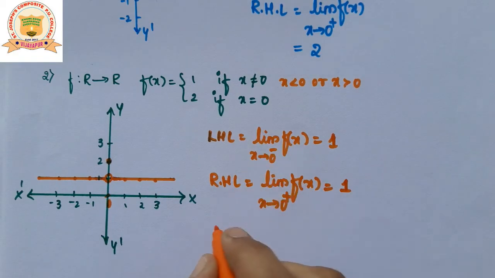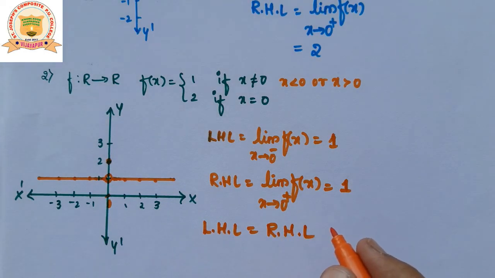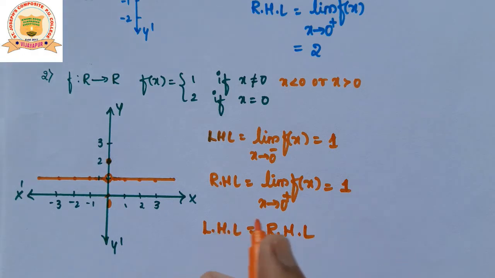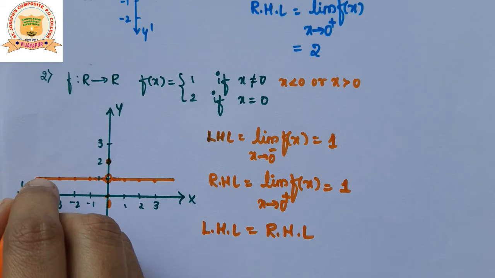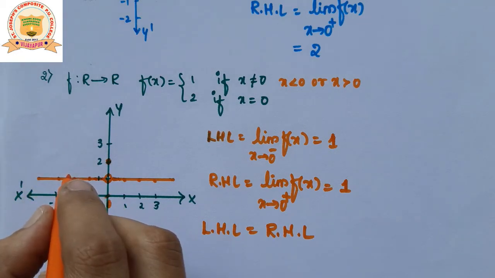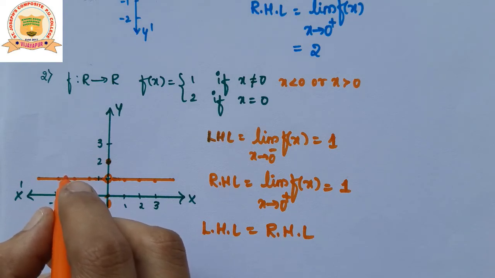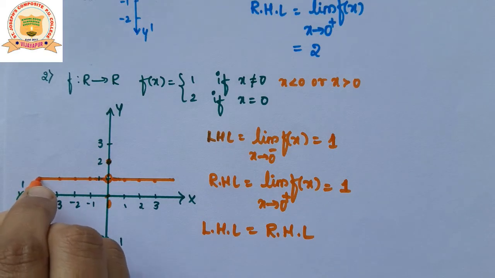If you see these values, we can get LHL is equal to RHL. But still the function is not continuous at x equal to 0. Why? Because if you draw the graph of this function without lifting hand, it is not possible. We note that we cannot draw the graph of the function without lifting the pen. If you want to see, we can draw the graph now. If you start from here,